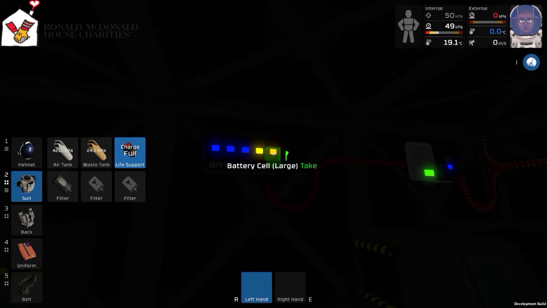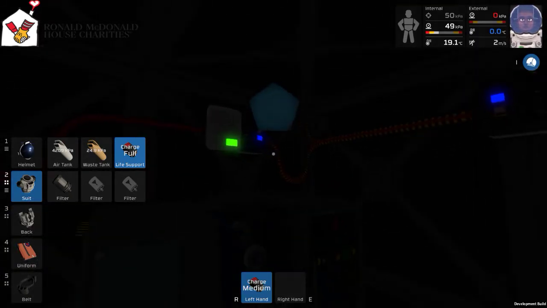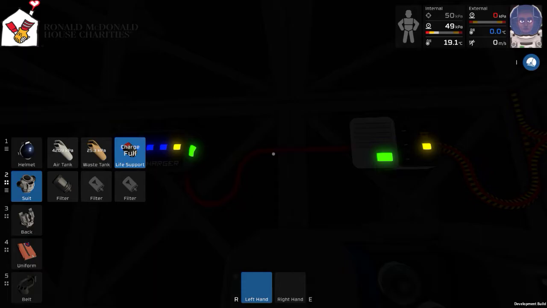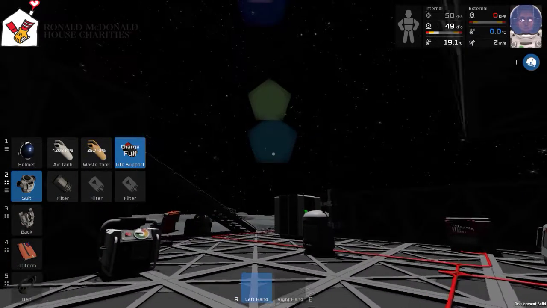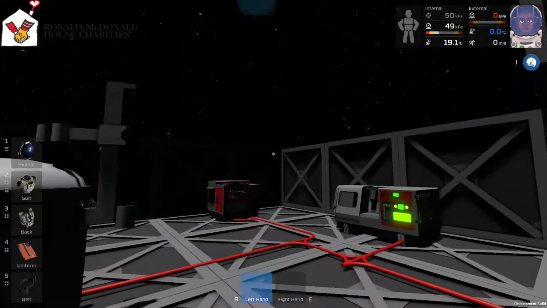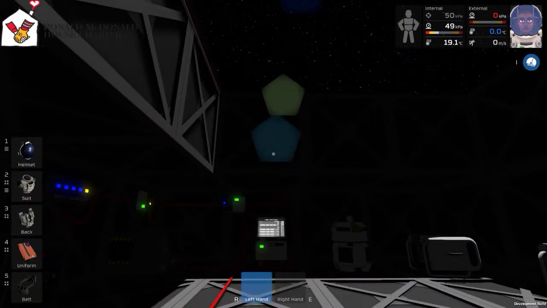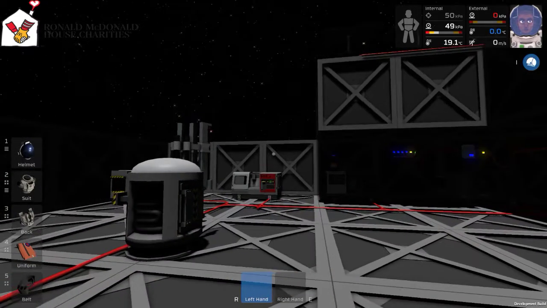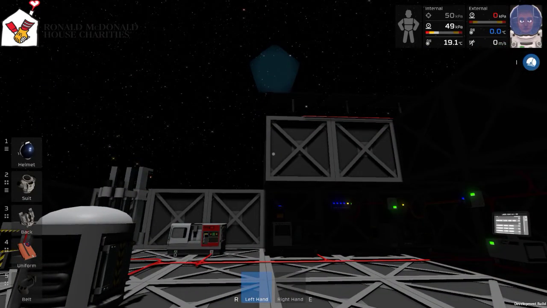I'll take that one. There you go, charge up. Wouldn't it be more ideal to go like that? Because in theory this one would charge up faster than that one. So, yeah. Next time we come back, either I will be making a more functional base, or we will see you when it's actually done. But until then,